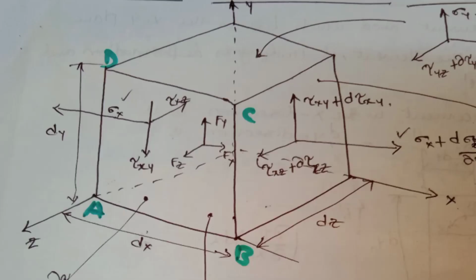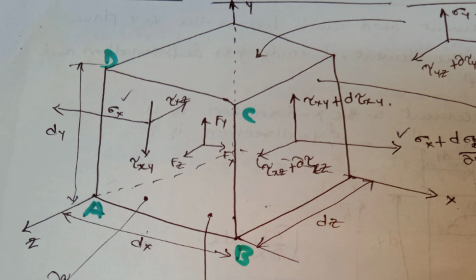The induced stresses we classified as 3 normal stresses and 3 shear stresses. Normal stress in the x direction sigma x, normal stress in the y direction sigma y, normal stress in the z direction sigma z. Similarly, tau xy, tau yz, tau zx are the shear stresses in the xy, yz and zx planes respectively. With that basis, we are going to discuss the strain displacement relationship matrix.